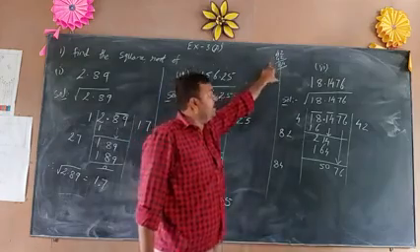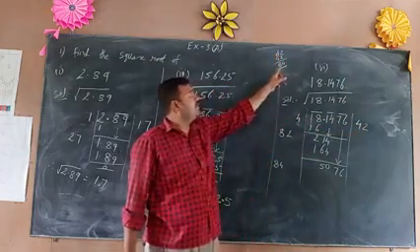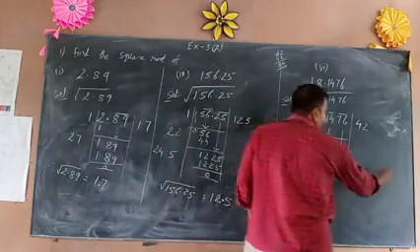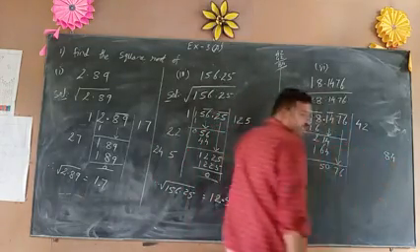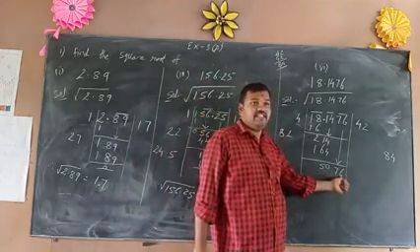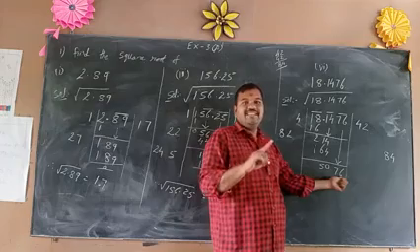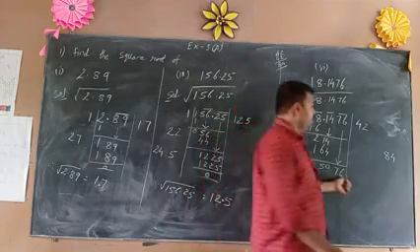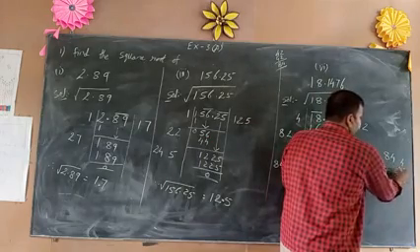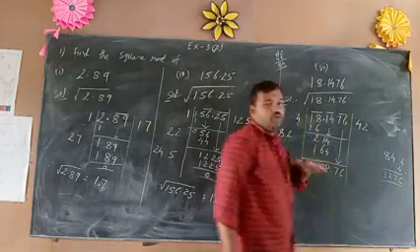Why is this 42 there? This 42 belongs to the quotient here, and its double is 84. So beside this 84 we have to give a number. The last digit is 6, so which number works? 1 1s are 1, 2 2s are 4, 3 3s are 9, 4 4s are 16. So write it as 84 and 4. Check: 4 4s are 16, 4 4s are 16, 17, 8 4s are 32, 33. It is not nearest, so go for the next one.